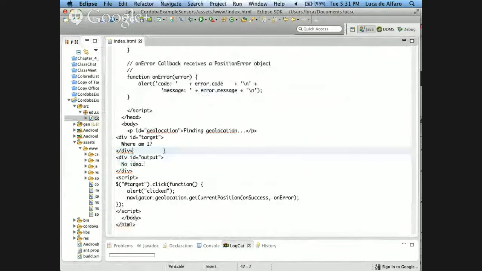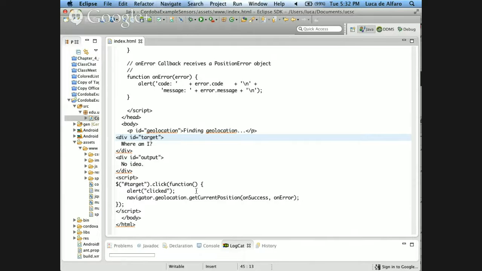Okay, the other thing that I tried to write, I haven't tested it, but I made a div element with ID target that says where am I? Okay, and if I wanted to do things well, I would style it with the CSS to make it look like a button. Okay, and I'll do it for next time, or we will see. But I just did it in a hurry. But there is this div with this ID that says where am I, and then I add a script that says for anything that has ID target, if you click on it, I want to do an alert that I clicked it, and then I want to redo the geolocation.